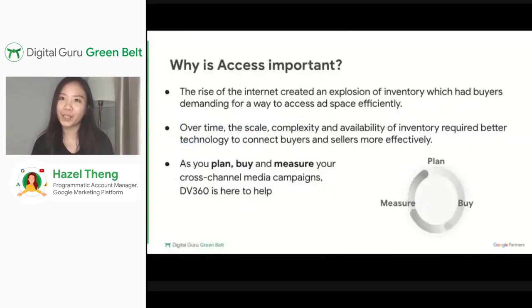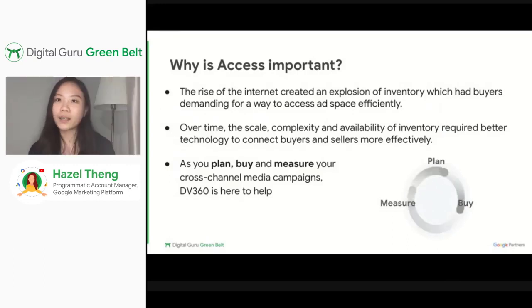So just a quick recap, you've seen now that you're able to access both YouTube as well as non-YouTube on DV360. And when we talk about non-YouTube, this includes your open auction, display, and video buy, and also your local publishers and ad network buys all through a single platform. We've seen how the plan tool on DV360 not only allows you to forecast deduplicated reach across different inventory as well as channels, it also allows you to explore how reach would be impacted by your different targeting set on the campaign. We've also seen how efficiencies can really be driven by frequency managing across your different buys through a single platform.